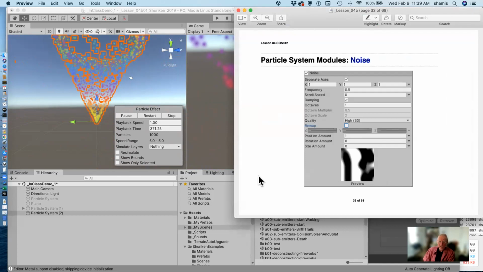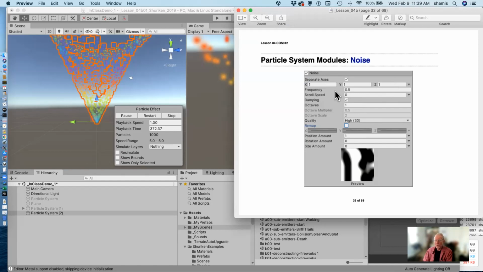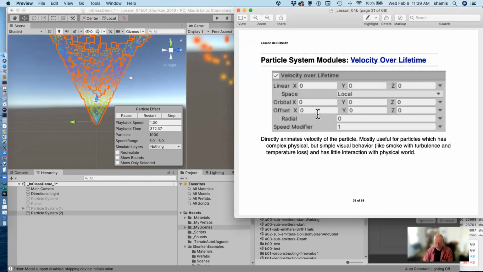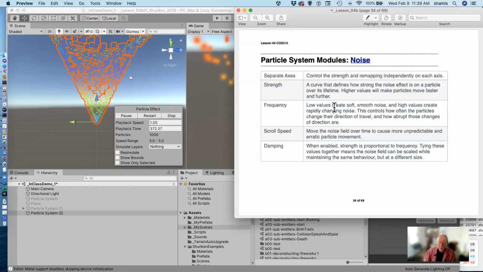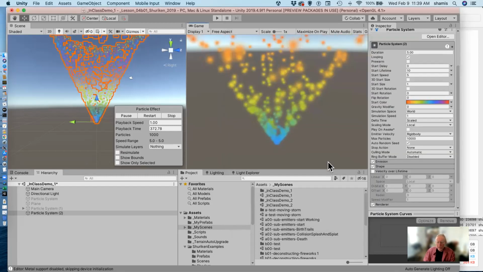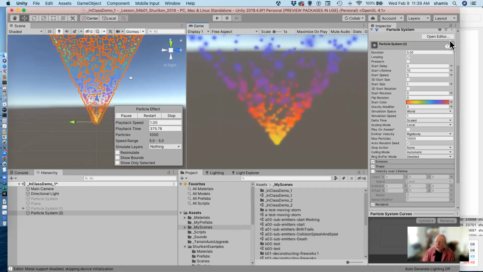Noise is a handy one to make your particles look realistic. This uses Perlin noise. It has options for having different noise in the X, Y, and Z directions. With Perlin noise, we have the frequency, which is kind of what the wavelength of the Perlin noise is. And we have how many octaves we're going to use. Perlin noise is discussed here, but with a noise module activated,